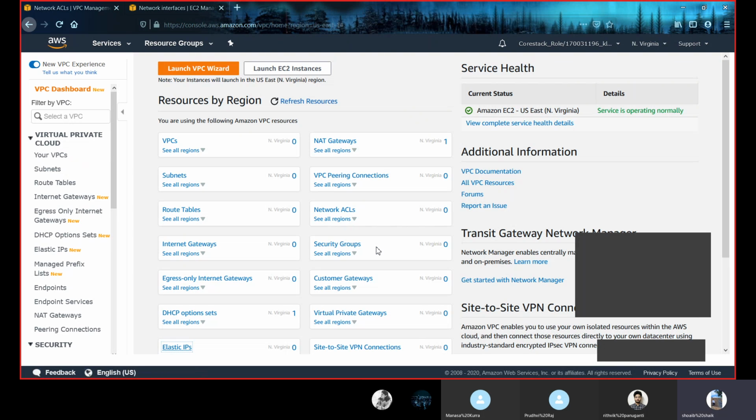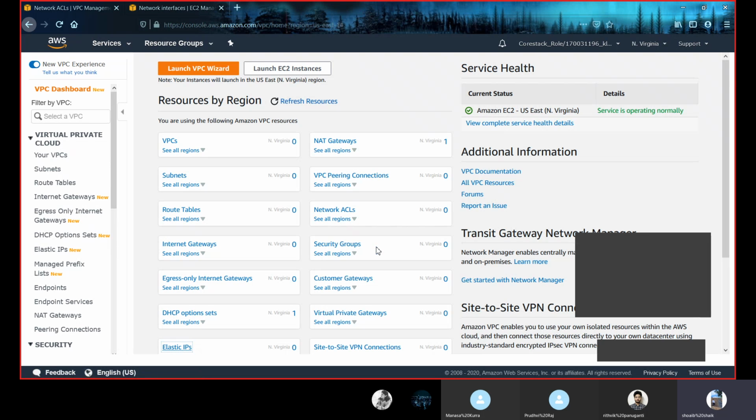Let us recall all the concepts we discussed in this virtual private cloud. Now, virtual private cloud comes under the service category networking and content delivery. This service we use when we want a direct connection to AWS, then we use AWS Direct Connect. While logging into the Amazon Web Services Console, you'll have a service called networking and content delivery. In that service, we have a virtual private cloud.